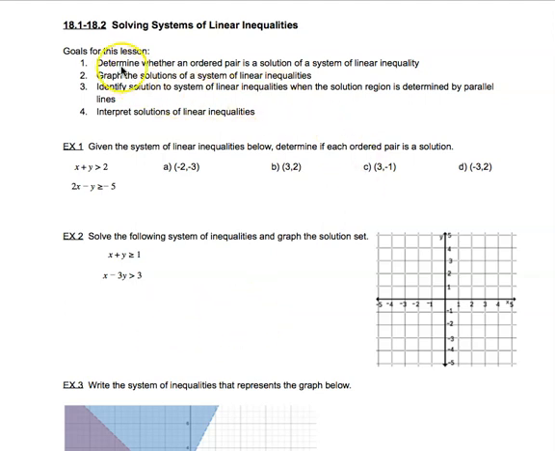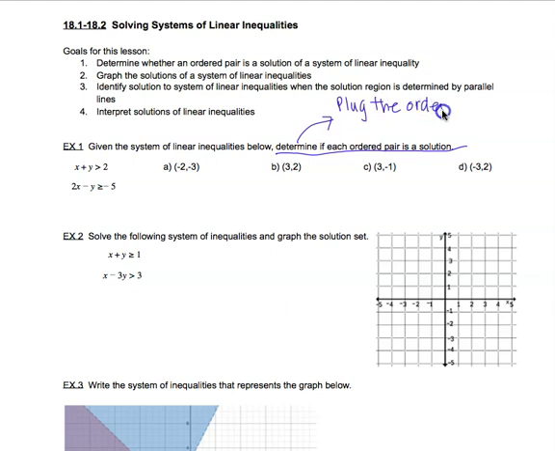So our goals for this lesson, we want to determine whether an ordered pair is a solution, graph the solutions, identify solutions to linear inequalities, and interpret solutions. So in example 1, we have a given system of inequalities and we want to determine if each of them is a solution. So the way that we determine if an ordered pair is a solution is plug